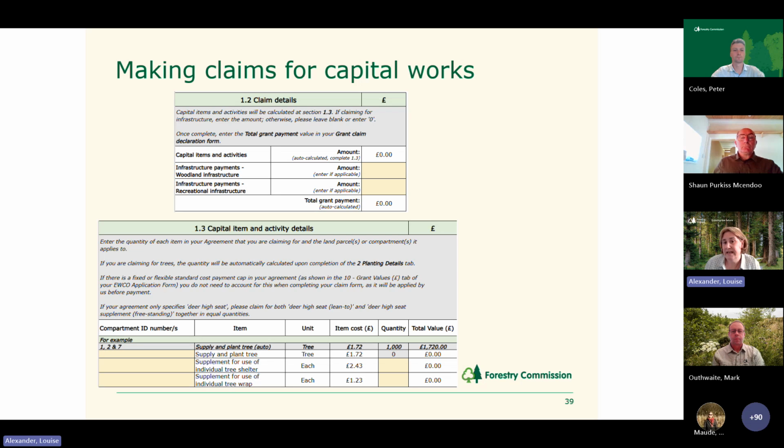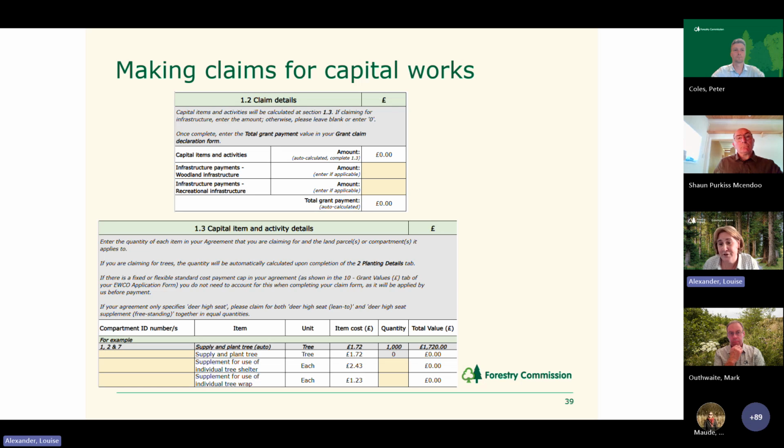You also need to retain details of your tree supplier and evidence that the supplier met the biosecure procurement requirements at the time of planting. So really important that you can refer back to that, because that situation could change over time. You'll need to submit an evidence of expenditure form to support infrastructure costs if they're included in your agreement.